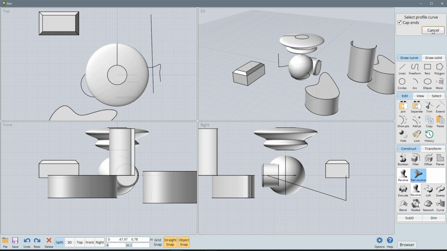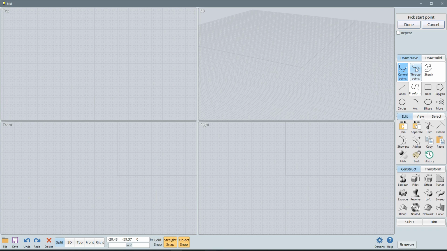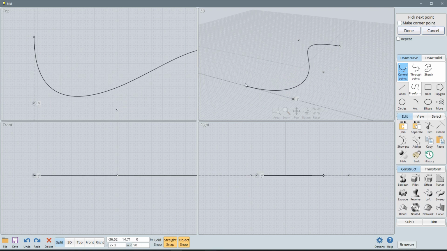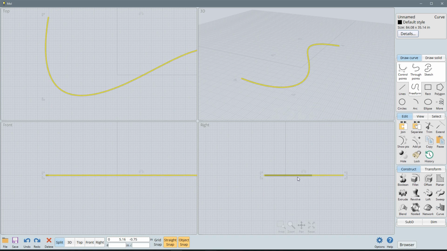So for Loft, let's cancel that. Let's get rid of all of our objects here. Okay, so Loft, I know these are major tools that you use in CAD, but I don't have a ton of experience with them. But let's say I have a curve like so, and I can take that and I can hold Control and drag it to make a duplicate,